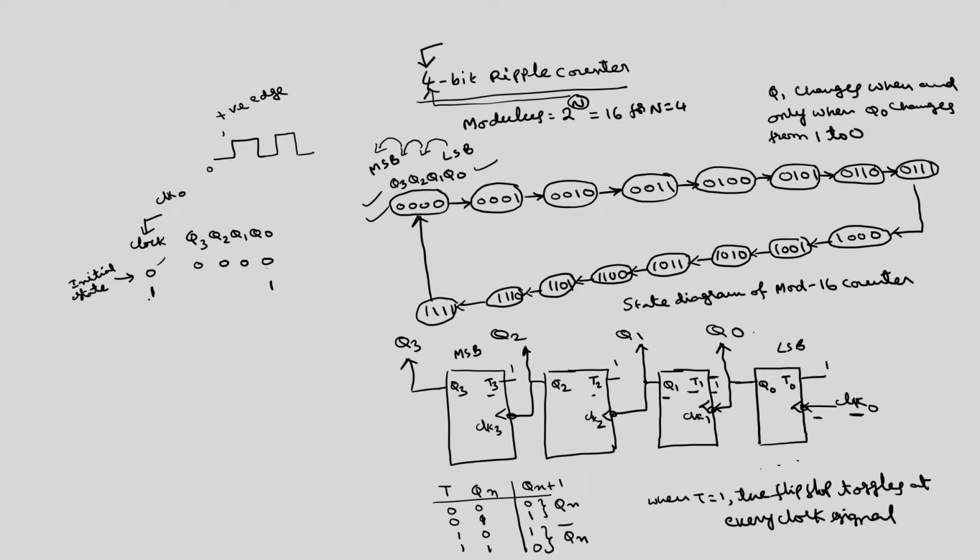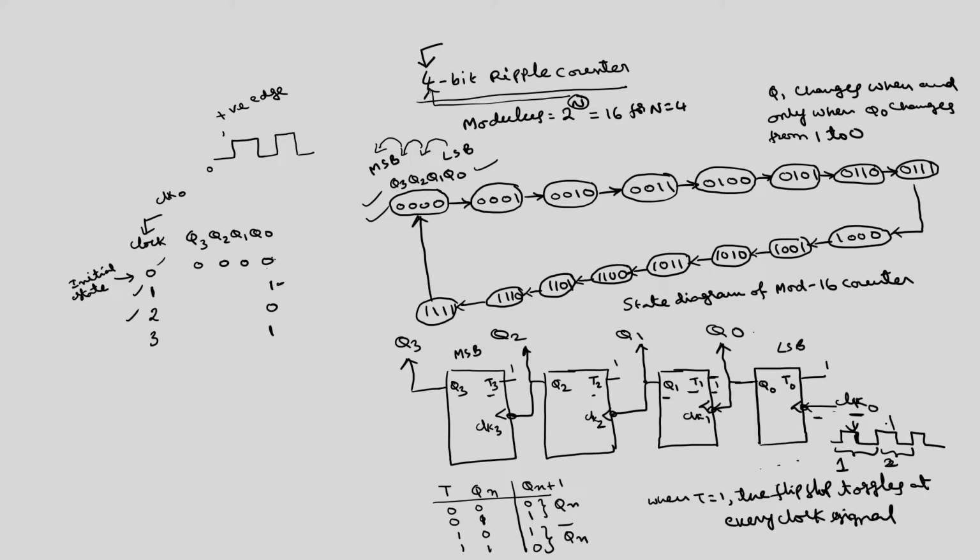So this is one complete clock. This Q0 will always change. At the second clock signal this becomes 0, at the third clock signal this becomes 1. The external clock that we are going to apply, this entire thing is called clock 1, and this entire thing is called clock 2. Over this entire thing the negative edge also comes, positive edge also comes, but because these are all negative edge triggered, at this particular point Q0 changes from 0 to 1.